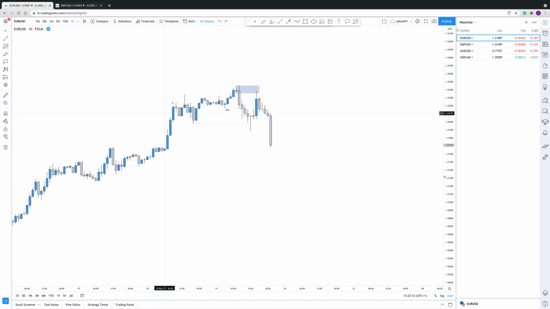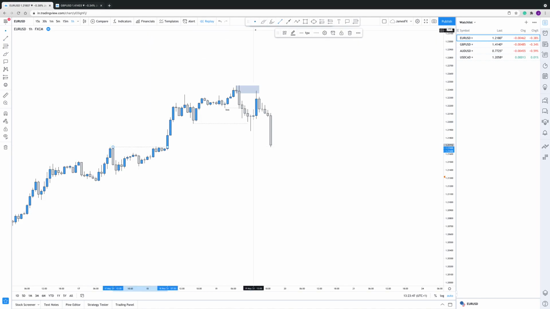But if we look left, as I mentioned previously on the diagrams, we can look to see if we have any demand levels that have been unmitigated and left for a later date. So let's have a look. So we had this higher high and a higher low. Price came up to form these equal highs, and then we see some huge momentum that essentially broke this high here. So we can mark it on